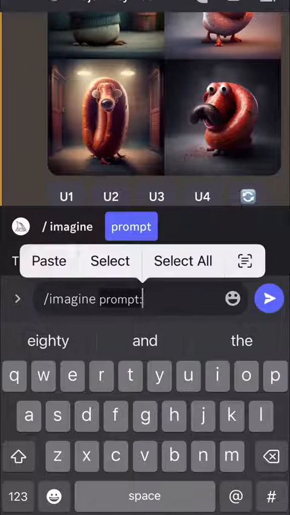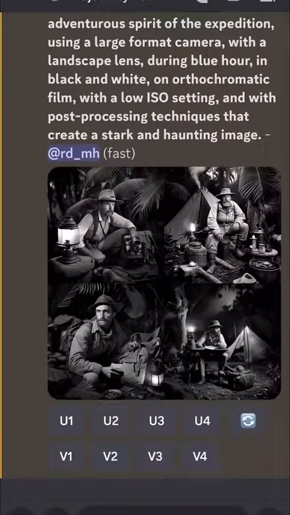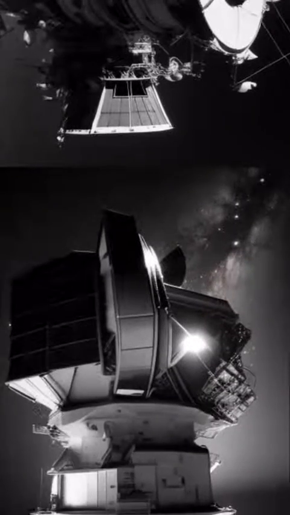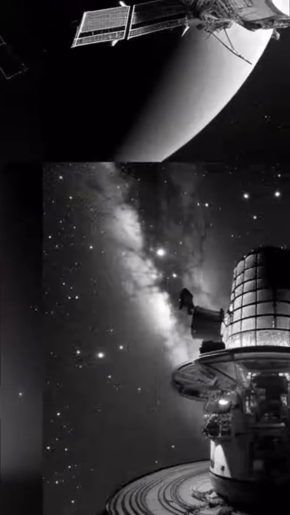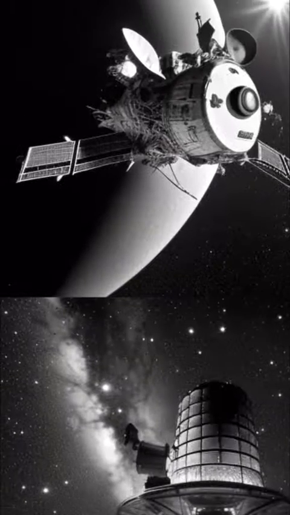Let's start with this one. And as you can see, the results speak for themselves. Remember to play around with the variables here, but using ChatGPT as a prompt generator is a fantastic way to